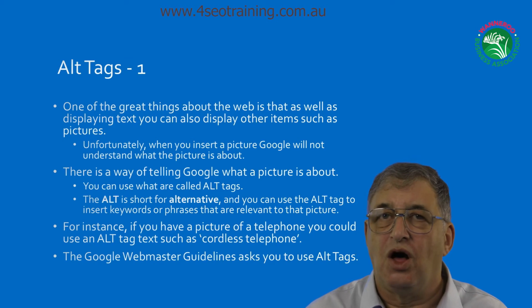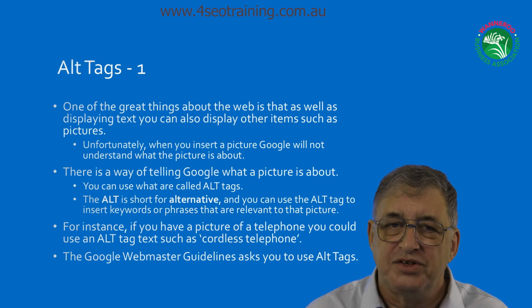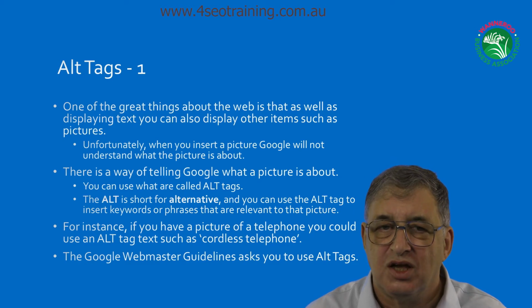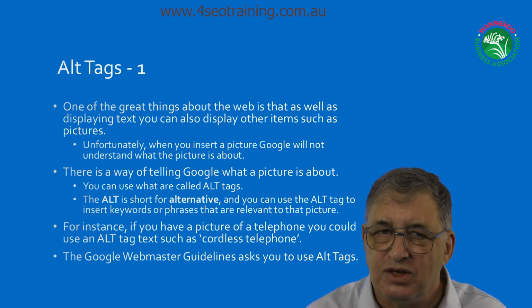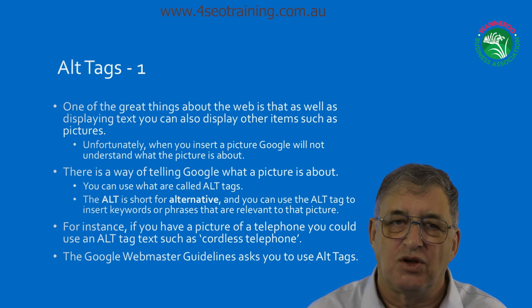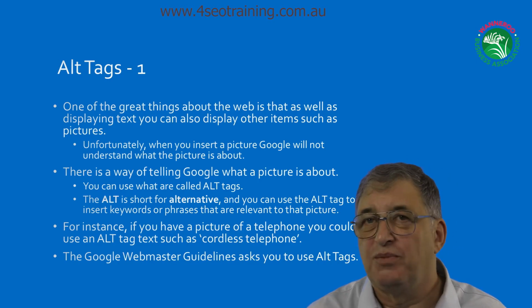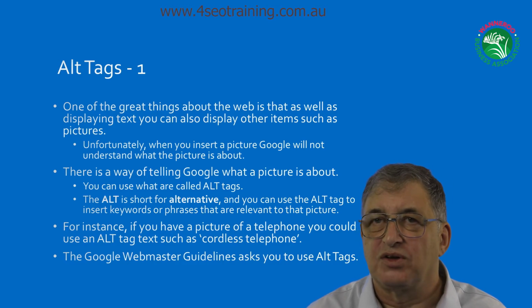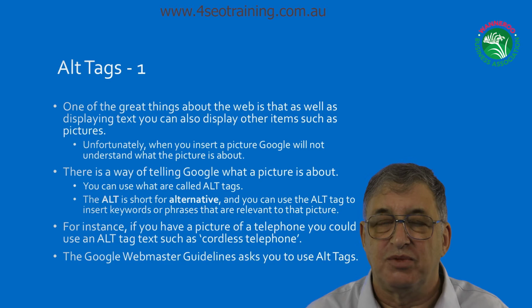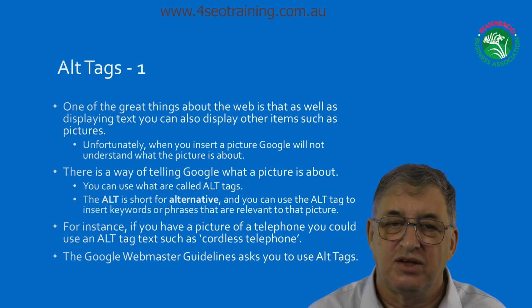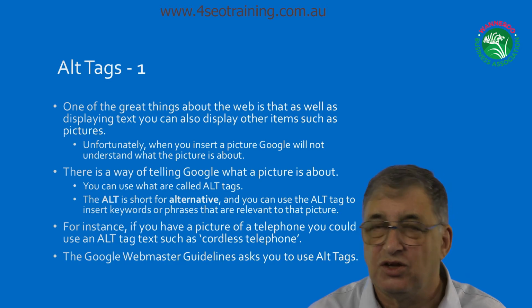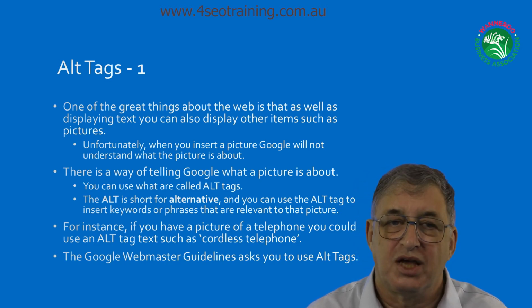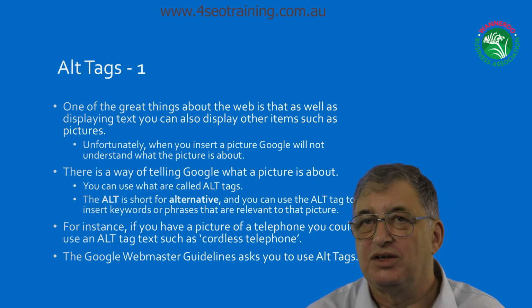So, for instance, there are what are called alt tags. Now, alt tags are basically little bits of code or little phrases you can put behind pictures. If you've never done this before, it's incredibly easy. It sounds complicated, but let's say you're in something like WordPress. When you insert a picture, you can go to the little picture dialog box, and in there will be something that says alt tag, simple as that, and you just put a tag in. So in my case, if I've got a picture of me running an SEO training course in Perth, I could put the alt tag SEO training course in Perth, run by Dave Murray or something.